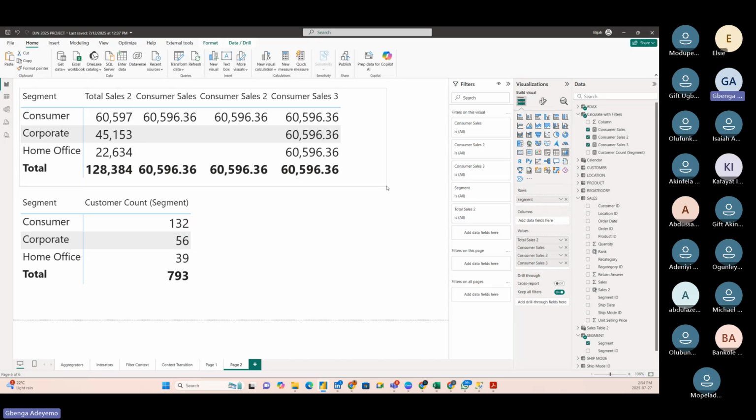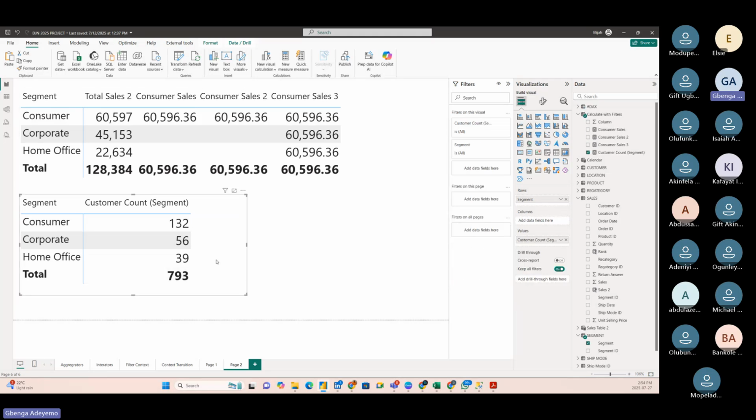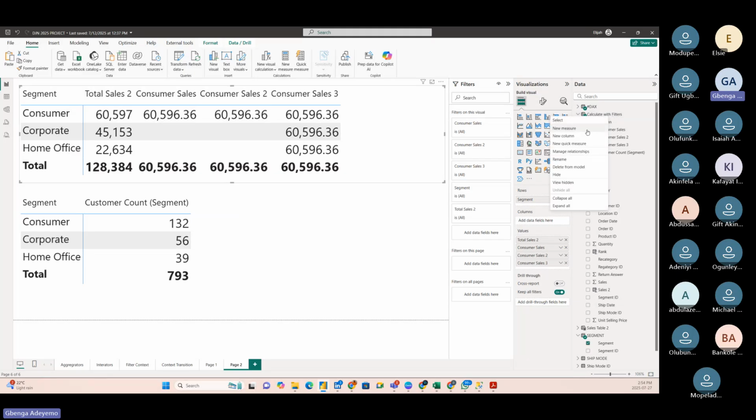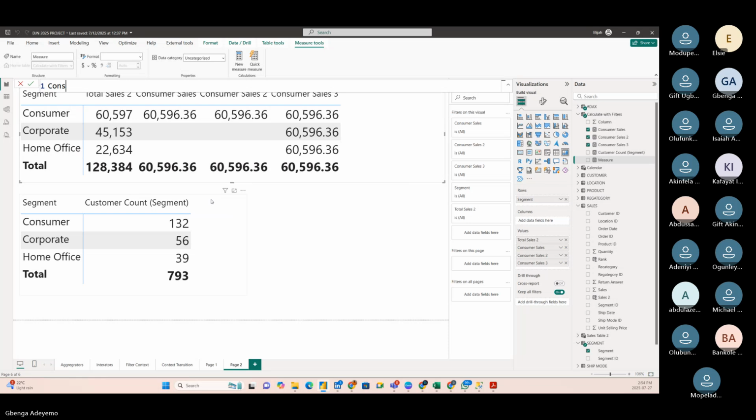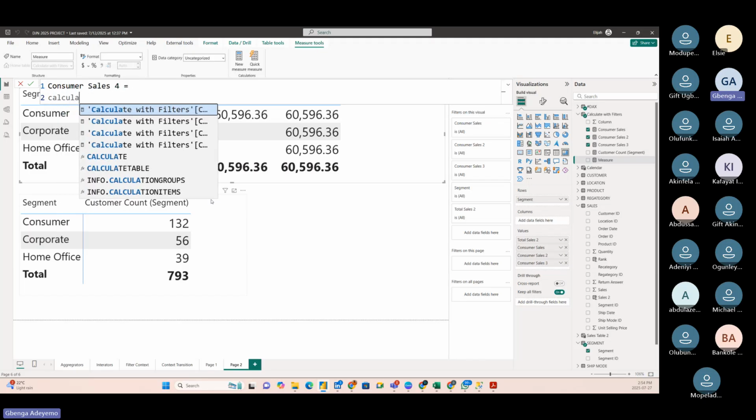Now let's look at the keep filters function. Let's see how that even works. So now we've done filter, we've done cross filter, we've done filter with all. Let's do keep filters. Let's see how that works. So I'm going to go back to my consumer sales again. I want to name it consumer sales 4. And that will be equals to calculate for me,